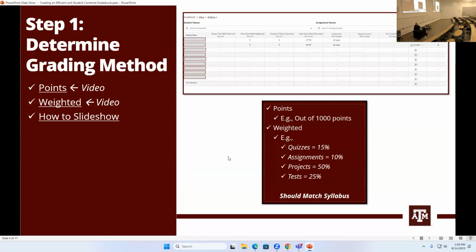So step 1, I would even back up and say step 0, is get your syllabus finalized. Once you have your syllabus finalized, then that will